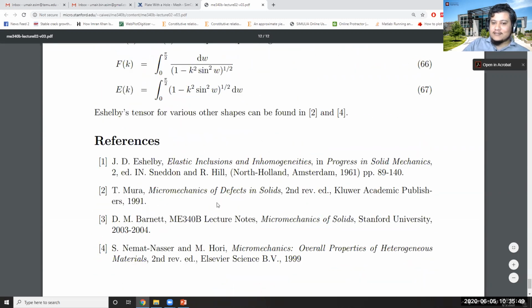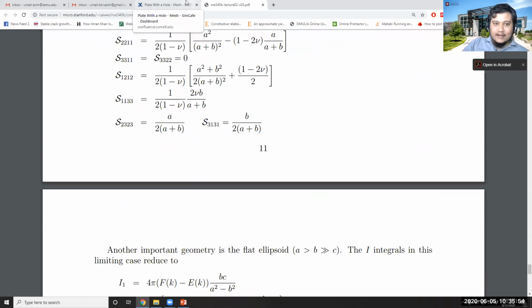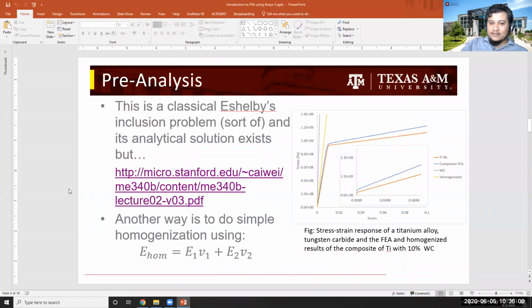So analytical results exist for this problem as well. It's not like the case we were discussing last time, where the analytical results were only for the infinite plate; in this case, the actual results exist. But I don't know whether any of us has the courage to actually tackle that. So what the Eshelby inclusion problem does, or what is actually the problem,